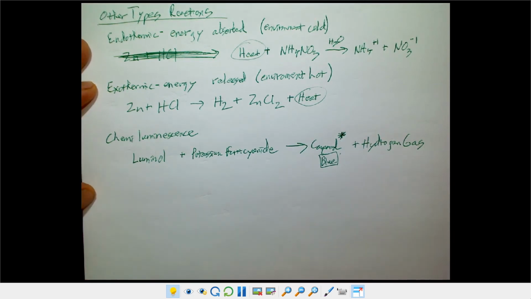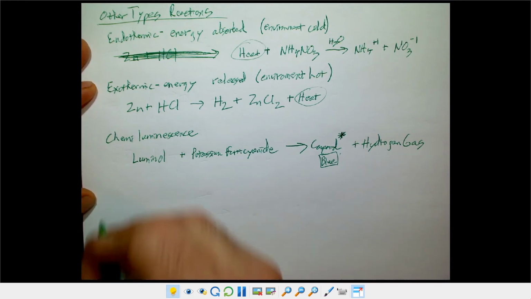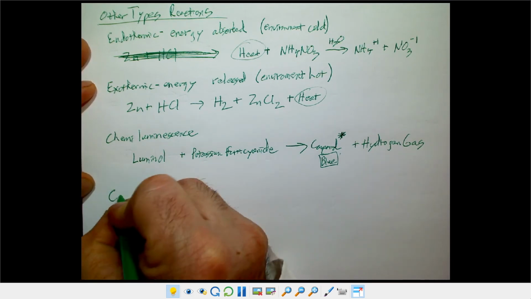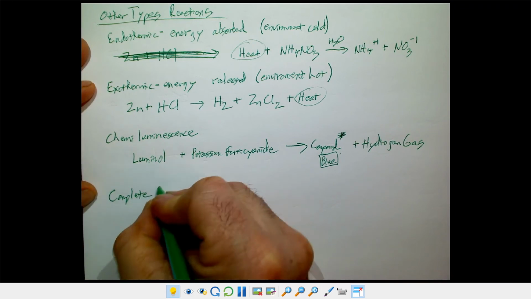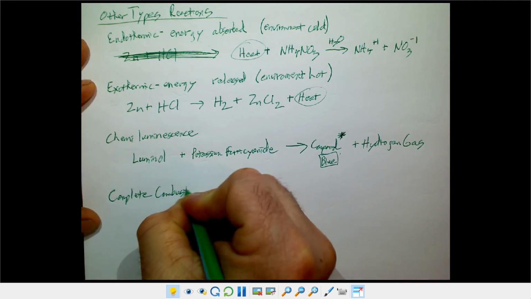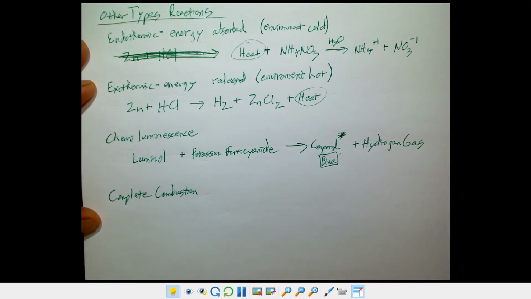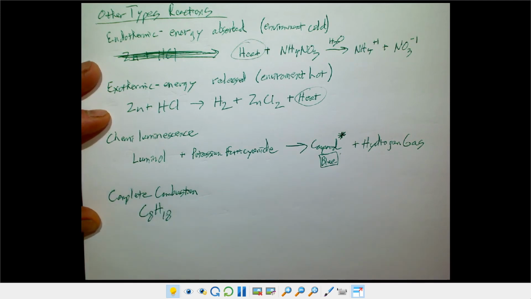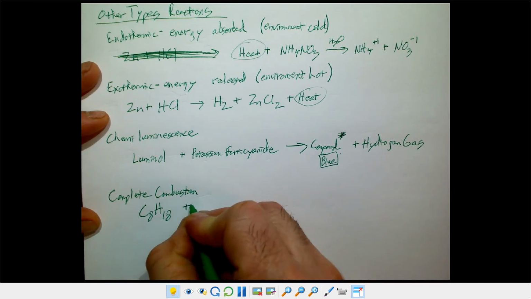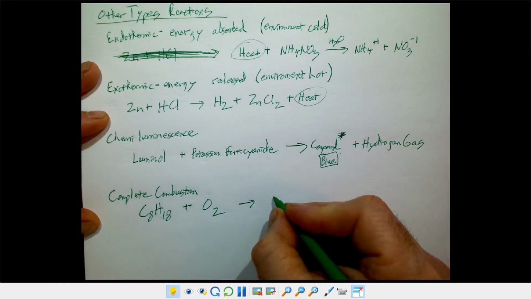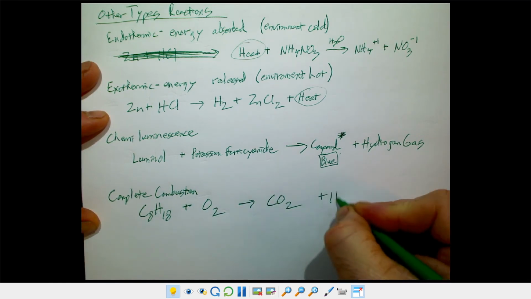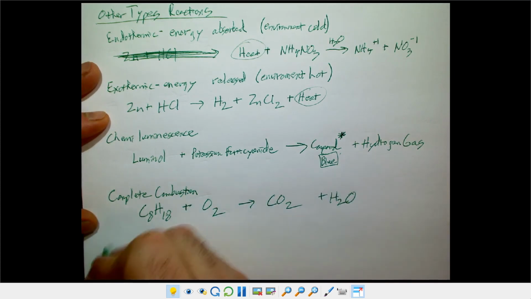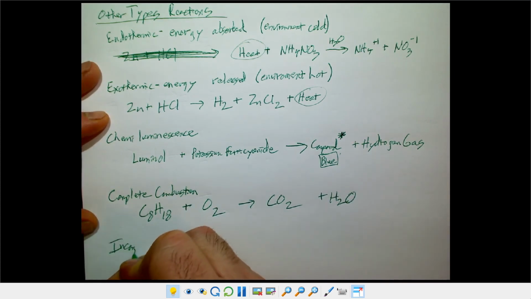Another type is a combustion reaction. There's really two types of combustion reactions. So there's complete combustion, where in a complete combustion reaction, you take something like maybe gasoline, and that's the formula for octane, which is the major ingredient in gasoline. Gasoline is really a mixture. It's got other additives added to it, but this is the main component of it. If you react that with oxygen, what you'll end up producing is carbon dioxide, and you'll end up also producing water in the process. If it's incomplete combustion,